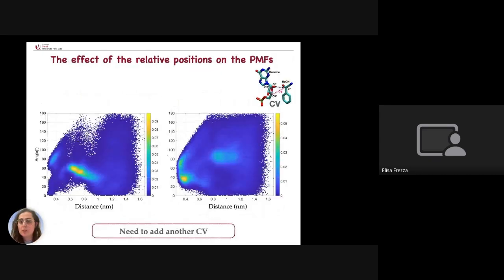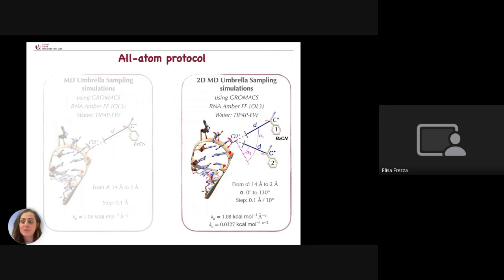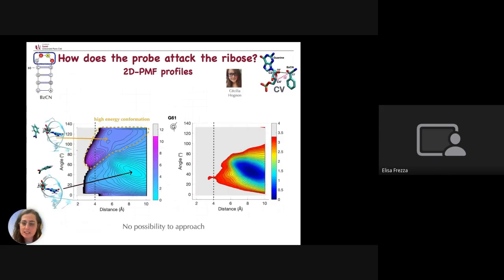And also we looked at what's going on around every nucleotide and realized that there are different possible conformations, where it is not only the distance that is important, but also some angles. So why not take that into account in our simulation? So this is our second step, where we take into account a two-dimensional umbrella sampling, meaning that we bias both the angle and the distance. And we realize that at this stage we have